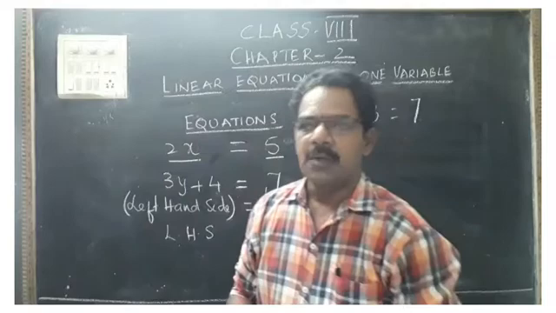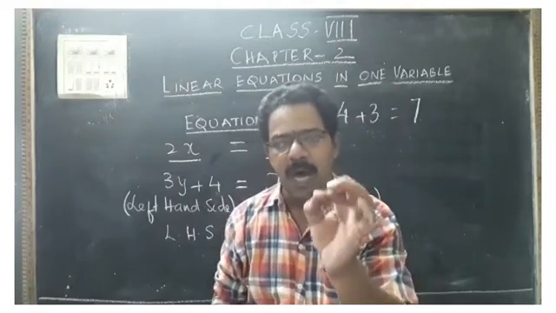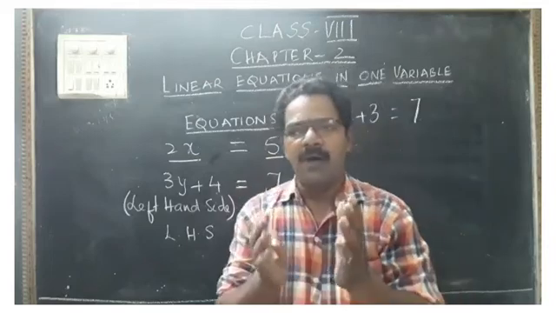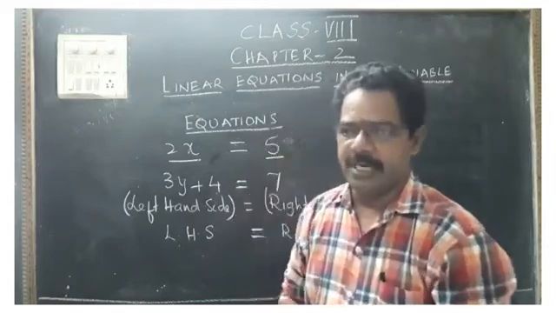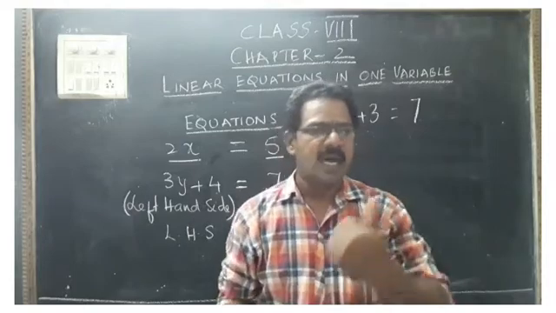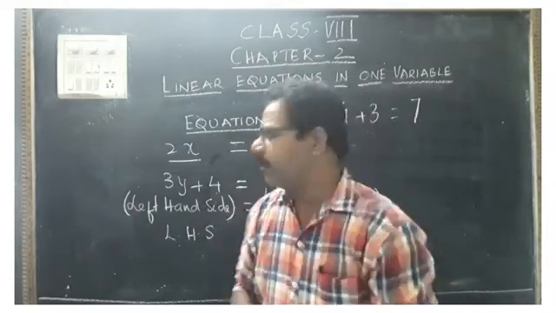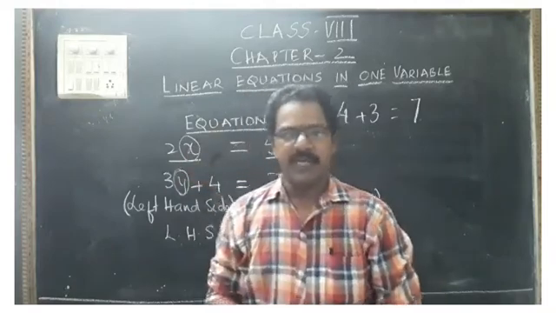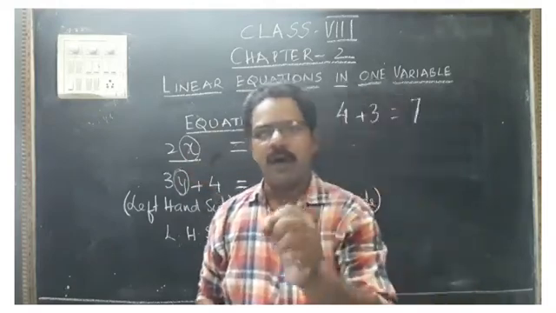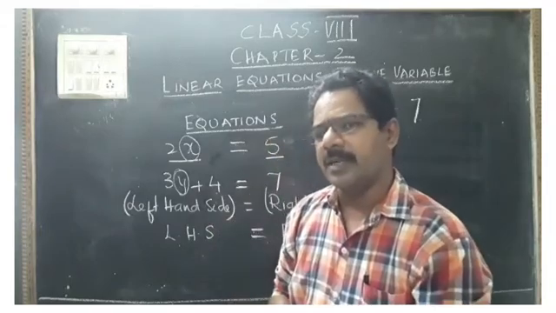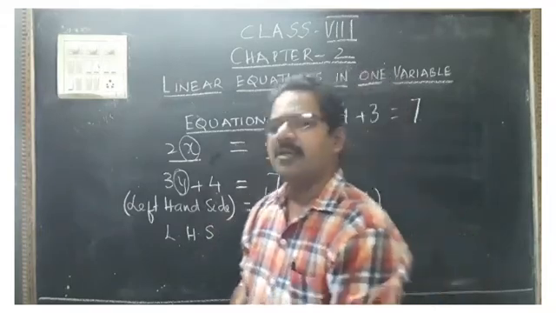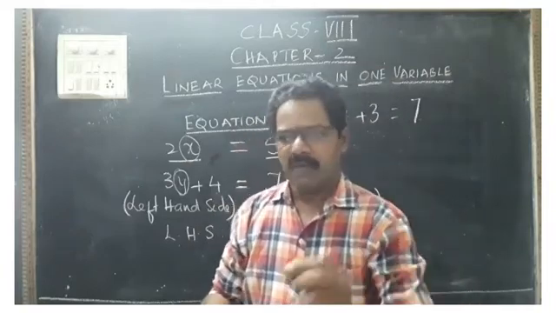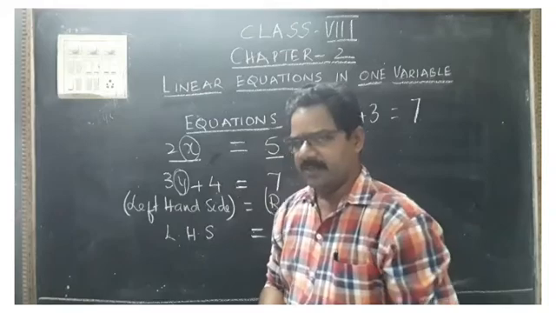A variable is nothing but an unknown quantity. Unknown quantities can be written with the help of the English alphabet A to Z: A, B, C, D, E, F, G, H up to X, Y, Z. Generally we use either x, y, z, a, something like that. Those are called variables. Why are we calling them variables? Because their values will not be standard. Their values will change. I will explain how they change.